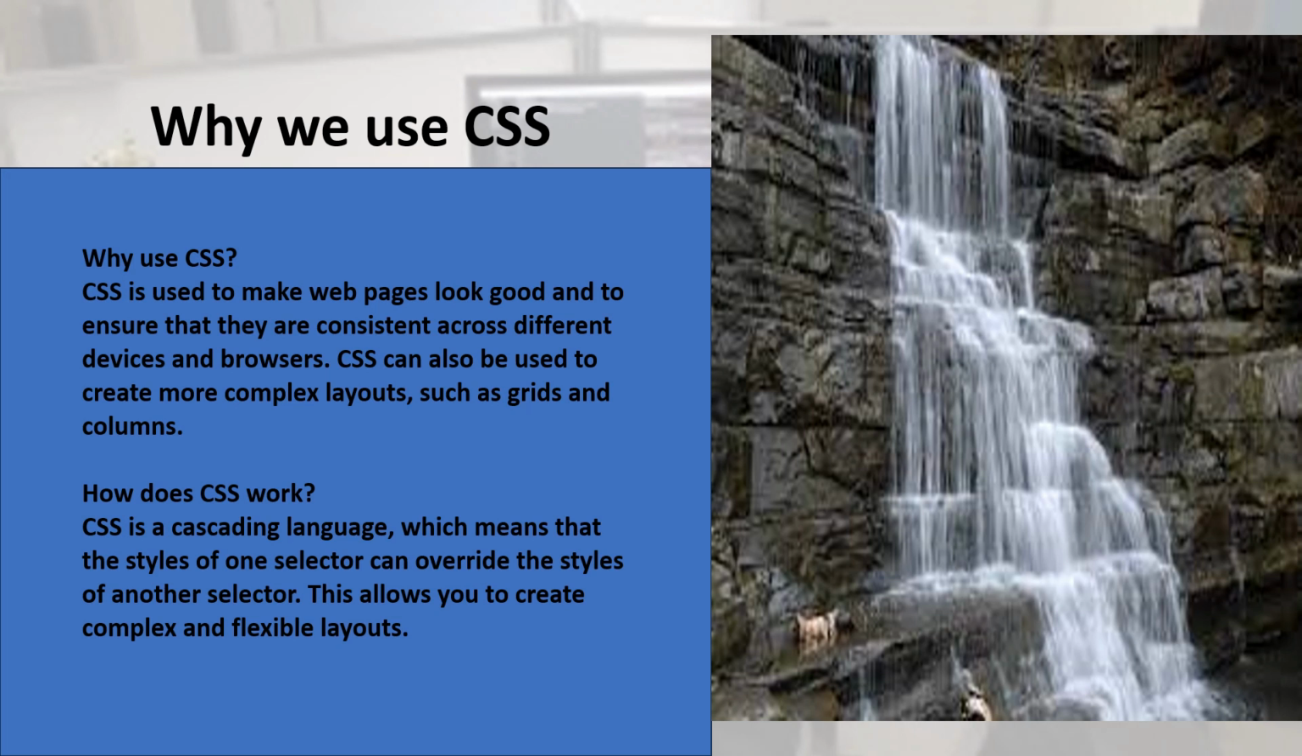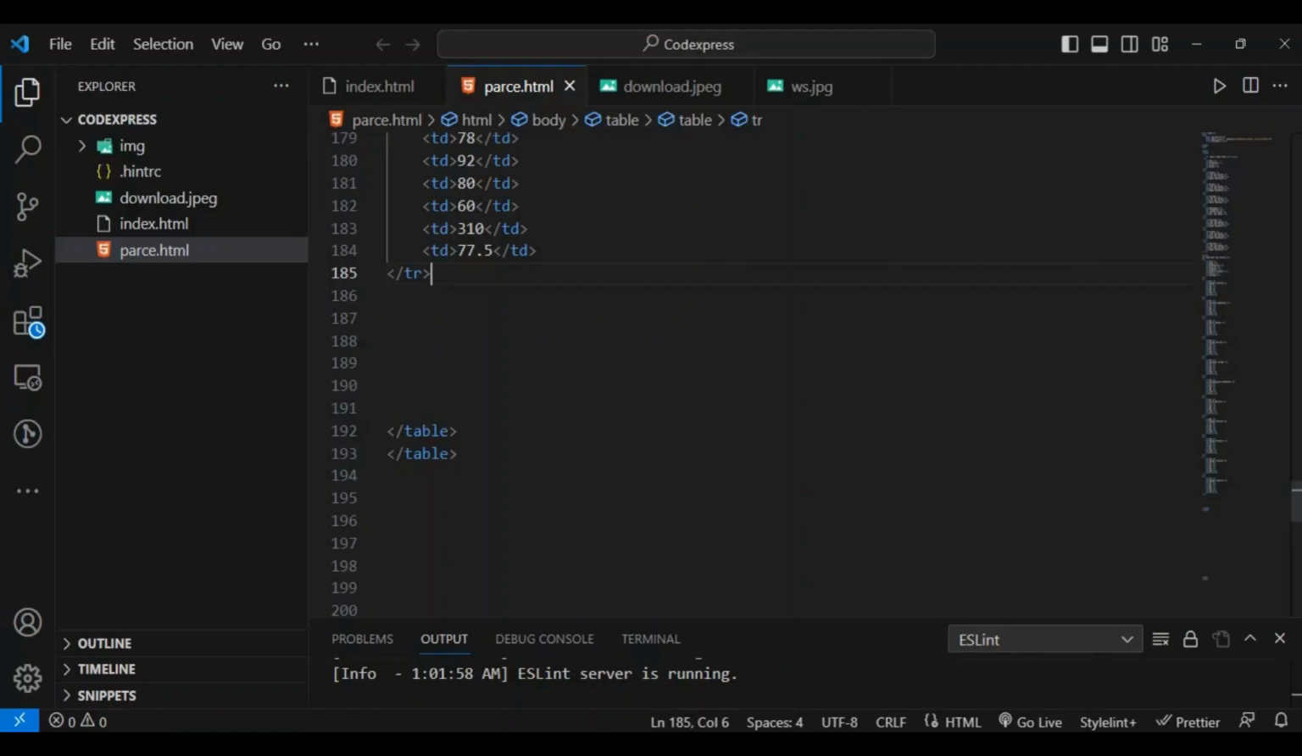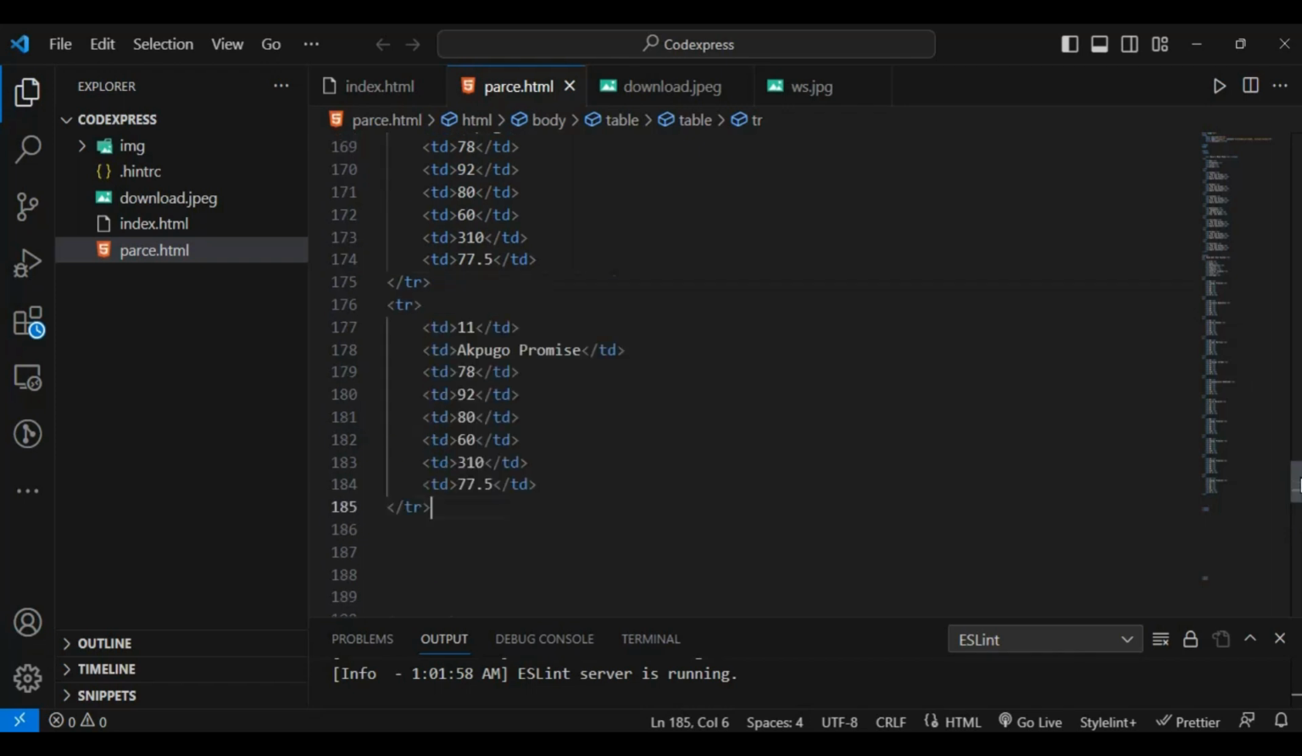Now today in this lesson we're going to look at how to work with some simple elements in CSS. So without further ado,